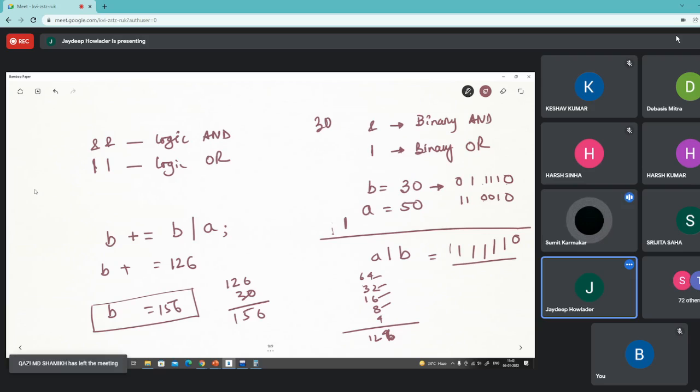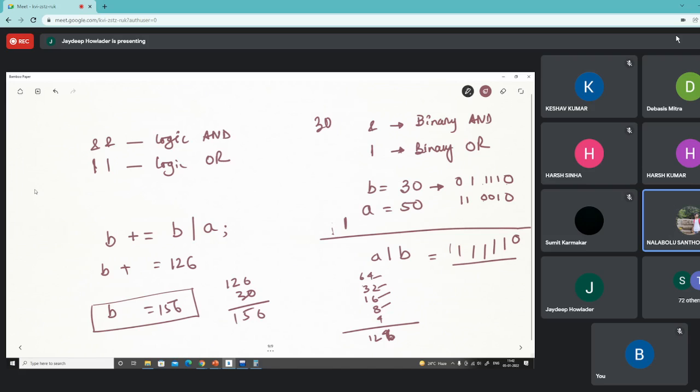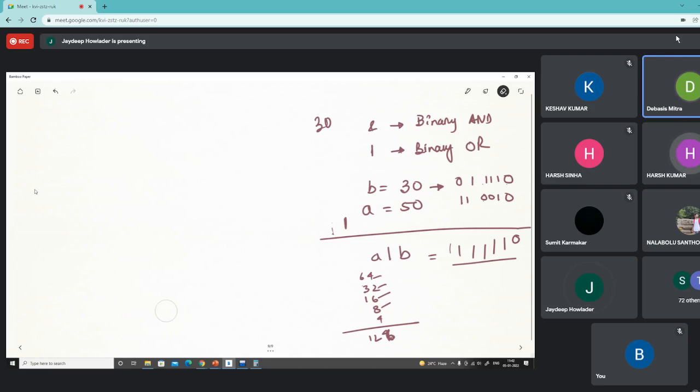Sir, how is the binary addition done? This is not addition, this is the OR operation. Let me write: there should be 5 ones, not 6 ones.